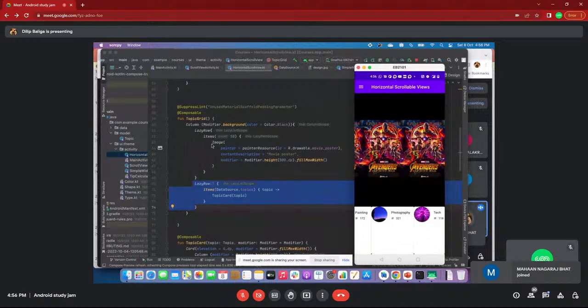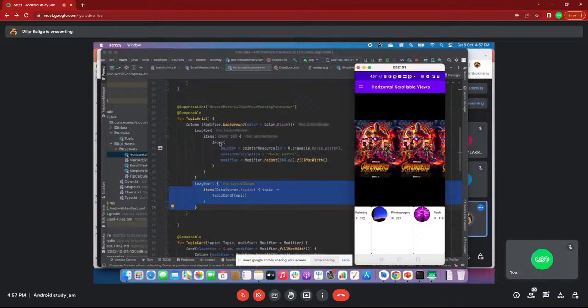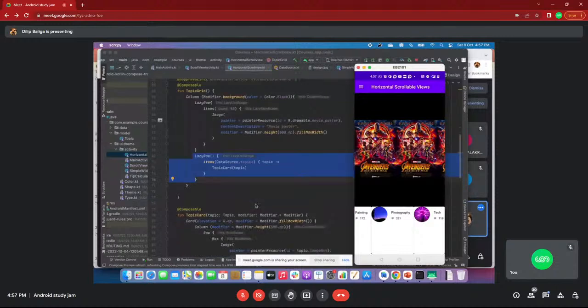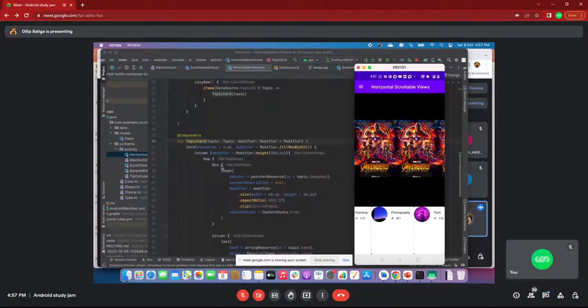Inside the two lazy rows, the only thing there is the image, that means I am rendering the same image 50 times, that's it. I am not doing any kind of modification. I am iterating that same image 50 times and rendering it. But here, based on the topic data resource which I showed earlier, I am rendering a topic card.